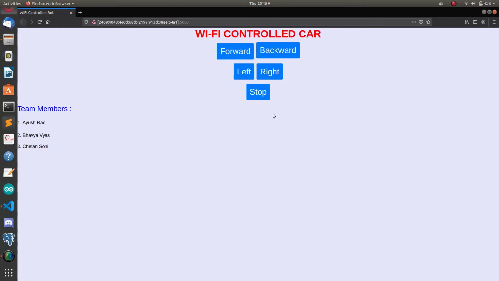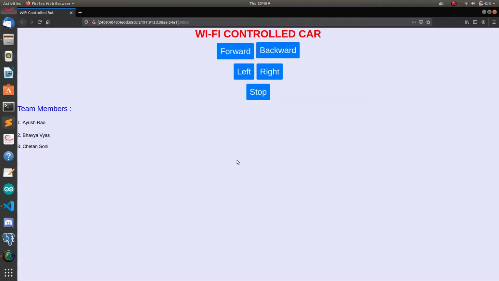So we can send commands like forward, backward, left, right and stop from this web page to our board in order to move the bot in different directions. There are a total of 3 components which work in a synchronized way to make this happen. The first component is the web page only, through which we are sending commands, and the second component is the